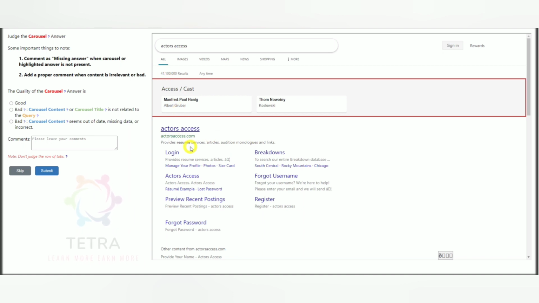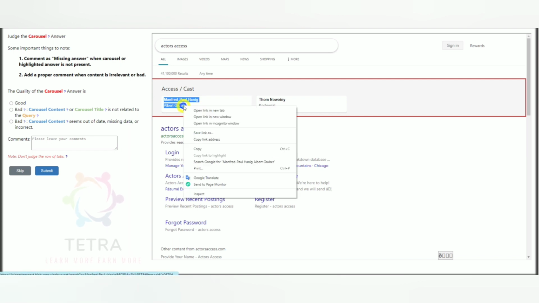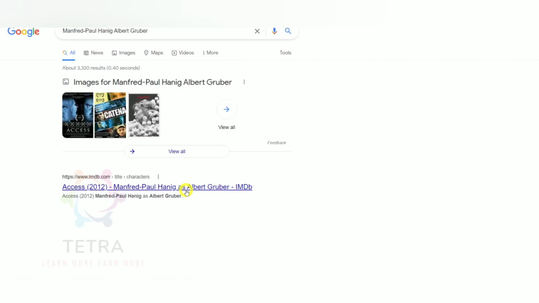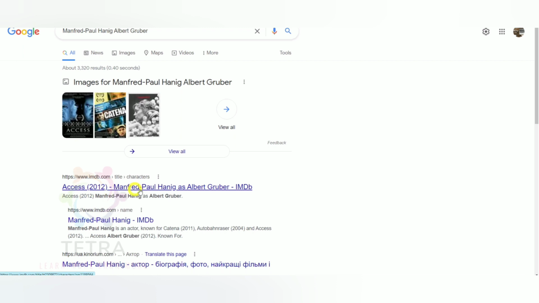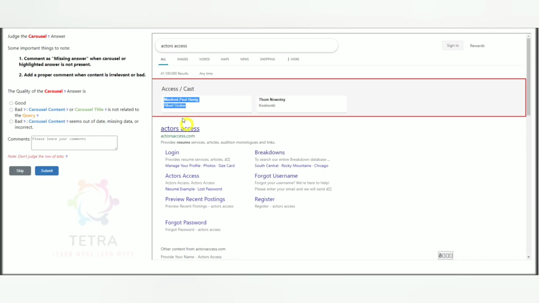What you have to do is just select this first content and search in Google, so we can learn more. So Access 2012, Manfred Paul Hang as Albert. So this is a movie also available, Access, and the name Manfred Paul Albert Gruber.